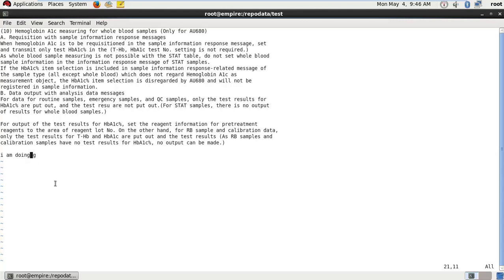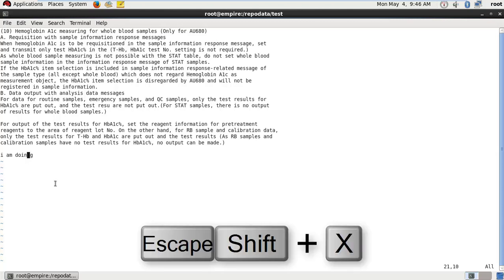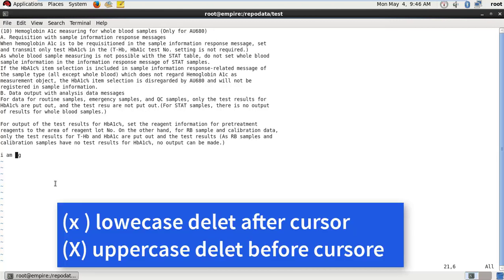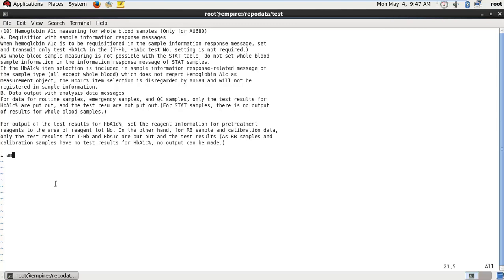Now to delete a character before the cursor, put escape, shift plus X. X lowercase will remove the character after the cursor. X uppercase will remove the character before the cursor.